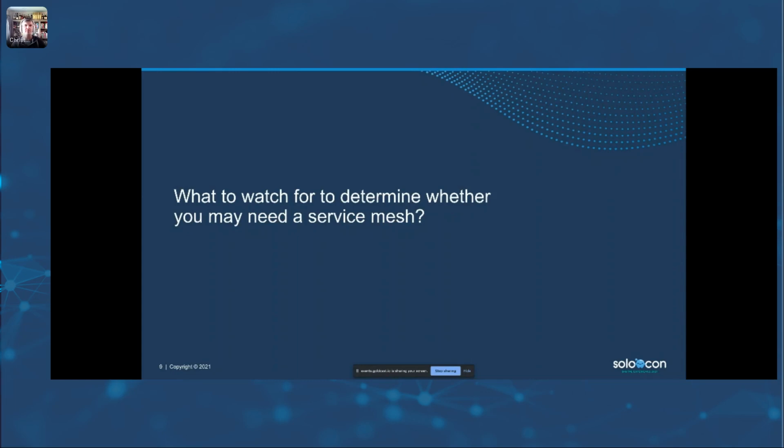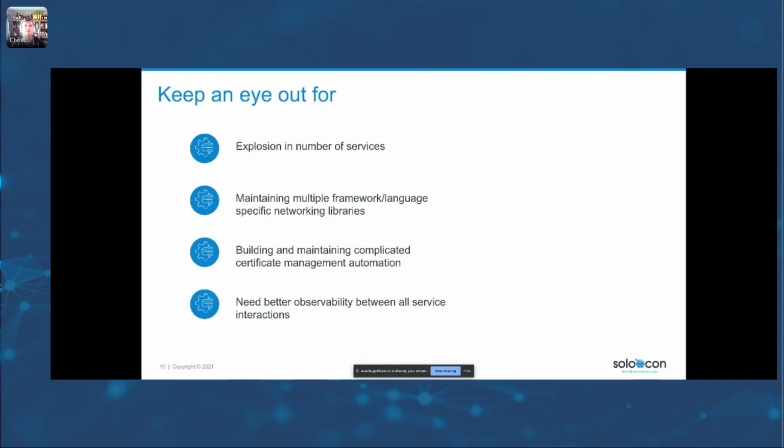So maybe you're going down this path and you're trying to decide, is my environment suitable? Do I need a service mesh for this? Some things to watch out for that might indicate that it is a good idea to go down the service mesh path: you're growing your number of services, your microservices. You're deploying into these cloud native platforms or adopting them. Maybe you have VMs as well as physical hardware, and then you're introducing containers and maybe Kubernetes.